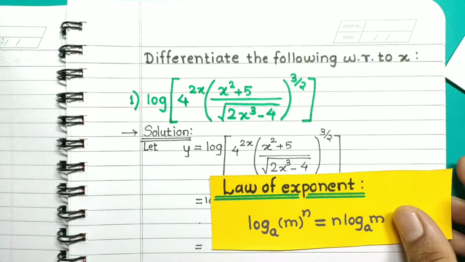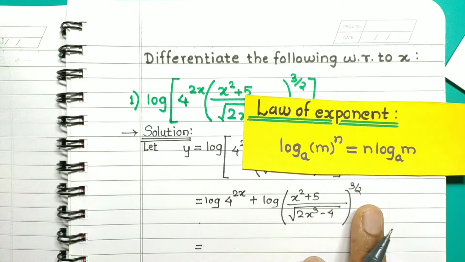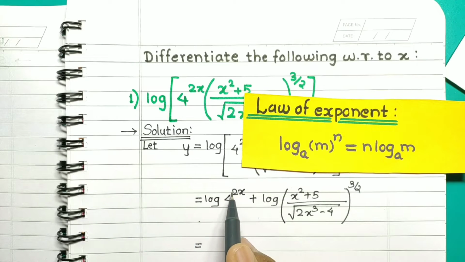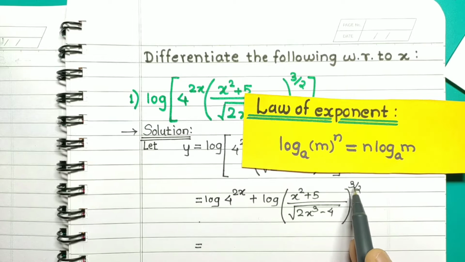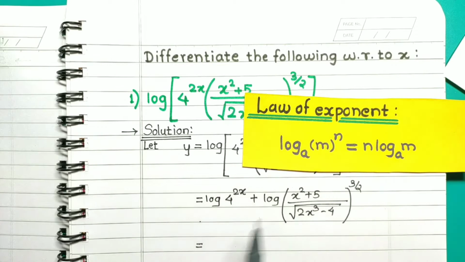Here this law is useful. This exponent 2x will multiply this logarithmic term, and here also this exponent 3 by 2 will multiply this logarithmic term. So using this law of exponent, we can write it as 2x into log 4